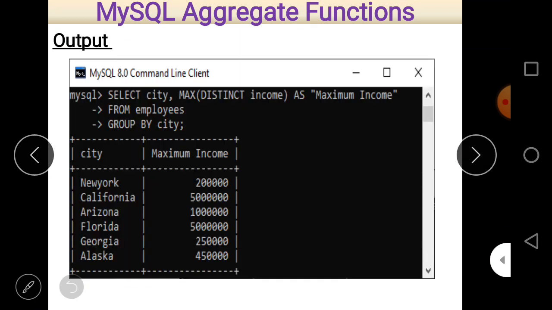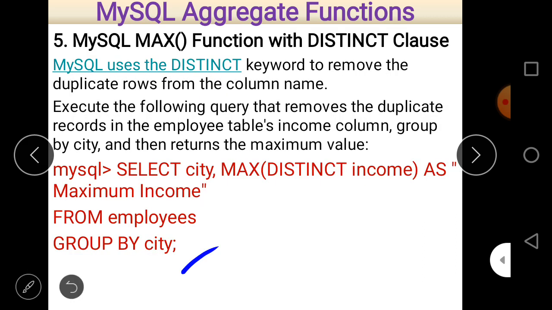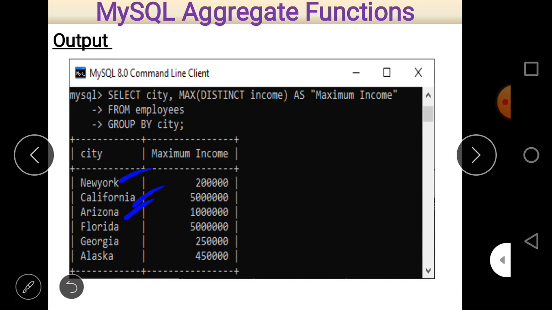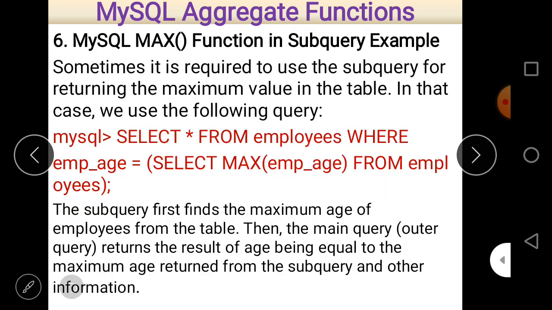You can easily see that maximum income is here now. So group by on the basis of city. So different cities appear only a single time here because this is a group. New York is a single group, California is again a single group. So these are the different groups here, out of which we have to find out the maximum income.